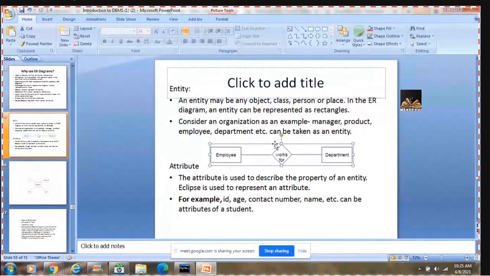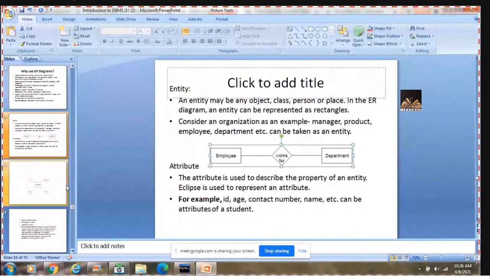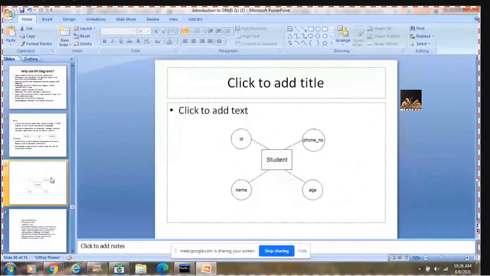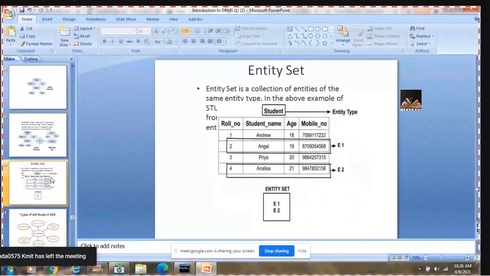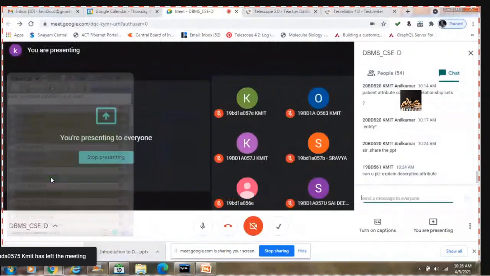For this relationship works for, I'm putting an attribute, hence that attribute is called a descriptive attribute. Is it clear?